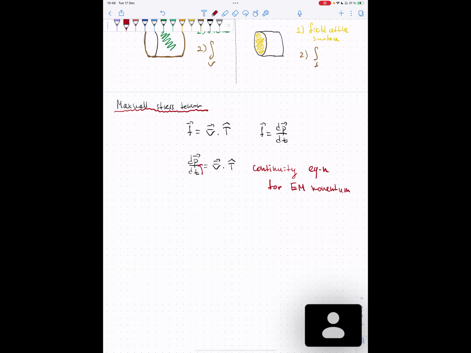So this guy is the electromagnetic momentum density, which basically means that this guy, which is called the Maxwell stress tensor,